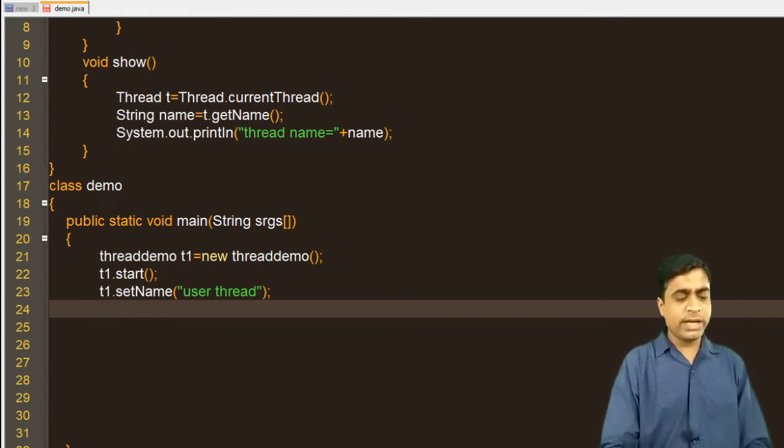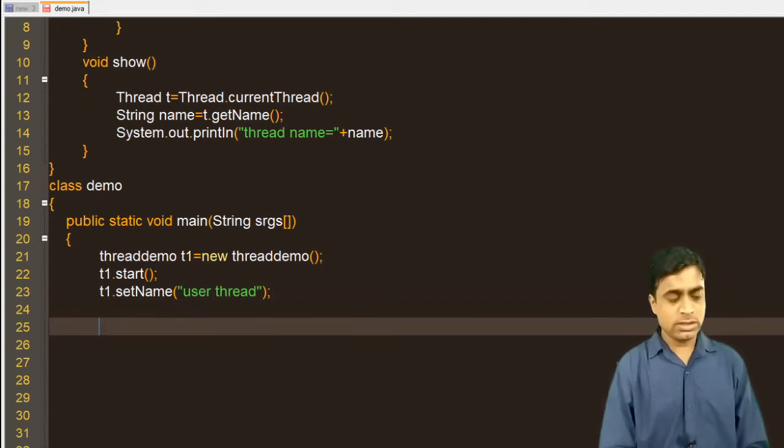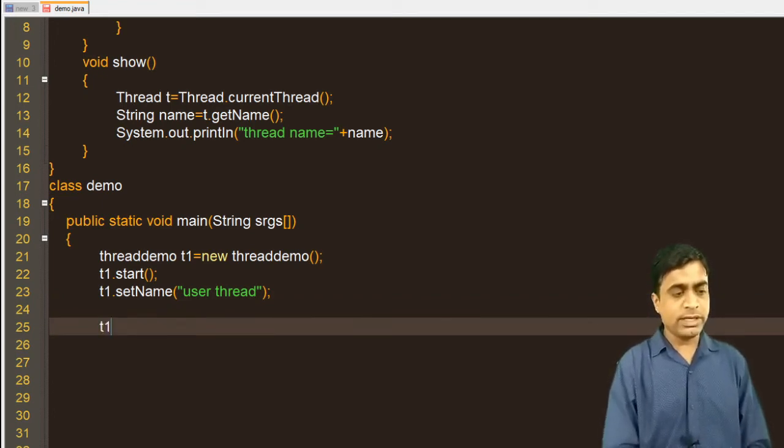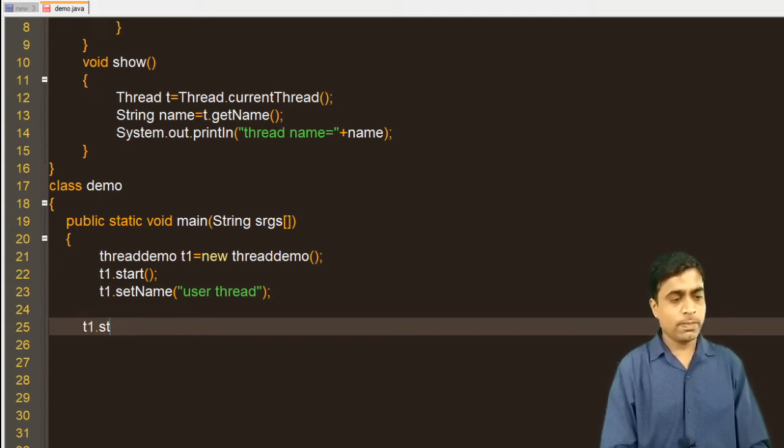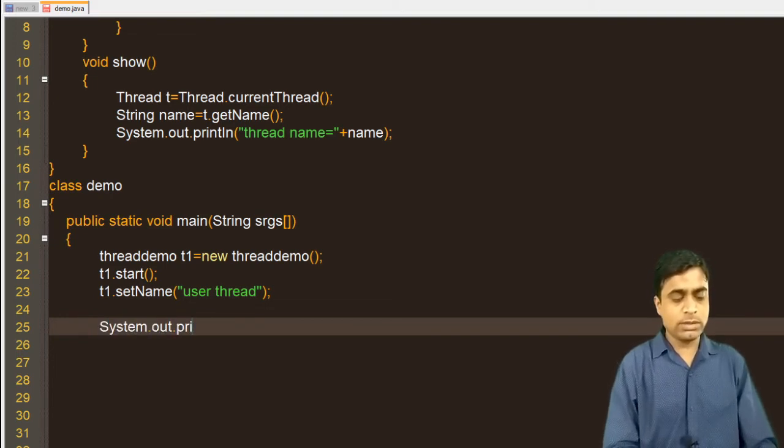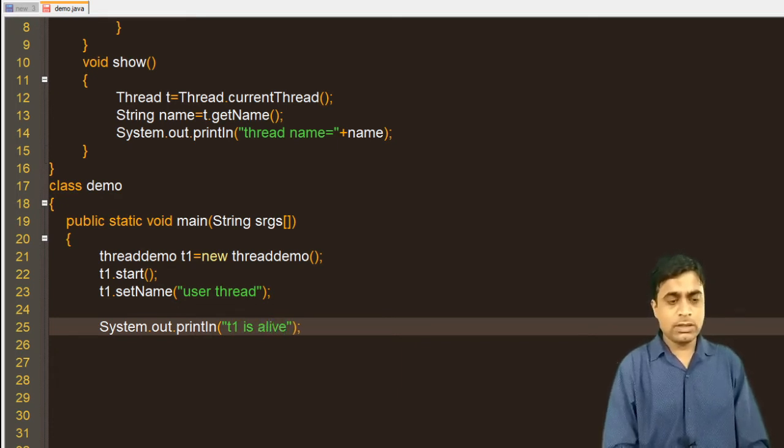Now what we need to find out, we just need to check whether the thread is alive or not. So just write here T1.isAlive. First of all you can directly print it like this, System.out.println, T1 is alive.